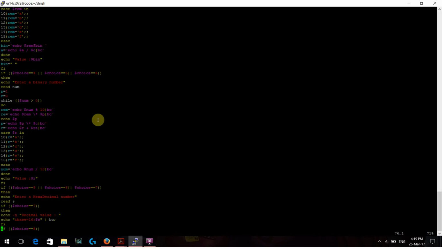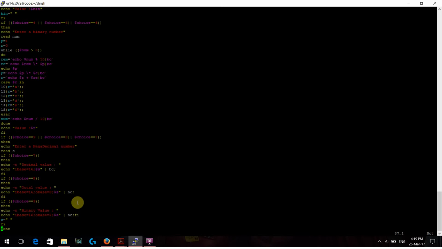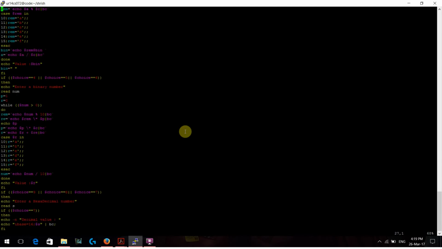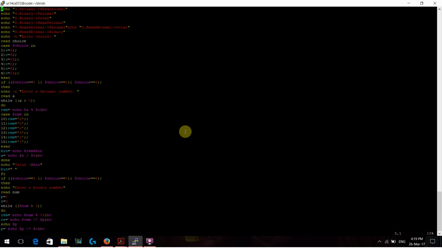The last set is for hexadecimal values. What we're doing here is similar to what we did previously. We are taking in the value. Then, if you see, it is just one conversion, so for each of them I'm doing it differently. That is decimal, octal and binary, which are 7, 8 and 9. So if you see right here,